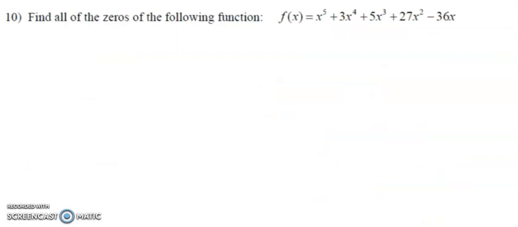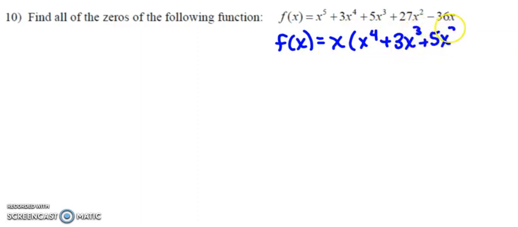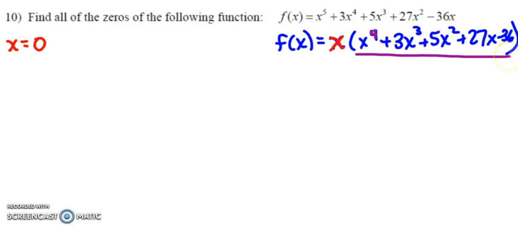All right, find all of the zeros. Well, to start, you want to try to factor if possible. So when I look at f of x, I notice that each term has an x. So I'm left with x to the fourth plus 3x cubed plus 5x squared plus 27x minus 36. So I know one of my zeros is x equals 0, right? From there then, I'm looking for 4 more zeros, 4 more factors, 4 more roots that will come from this